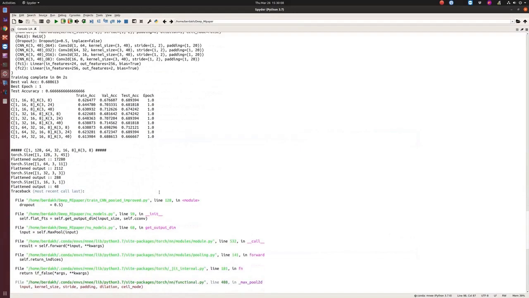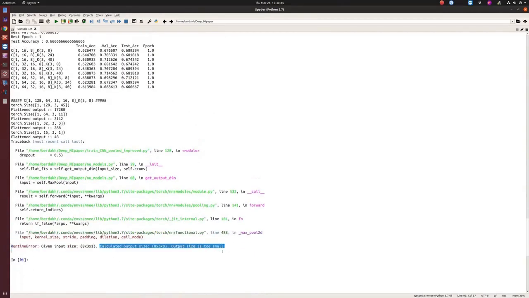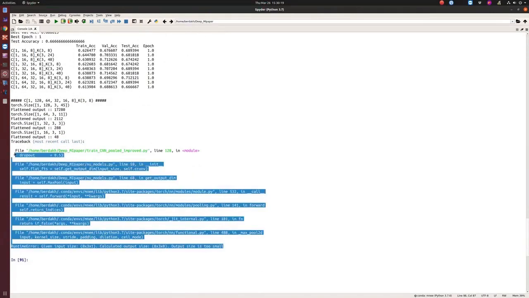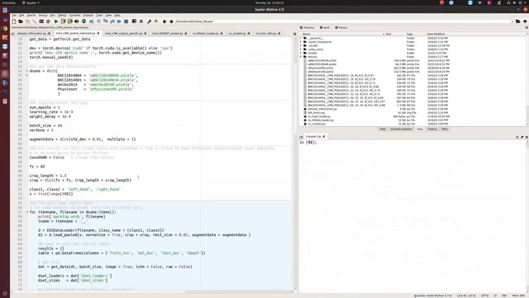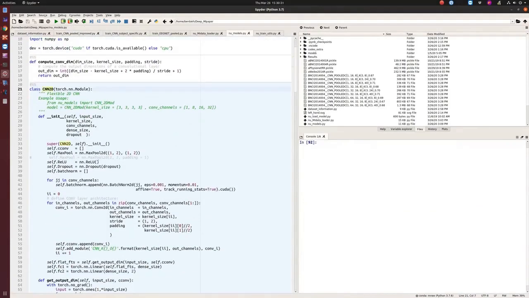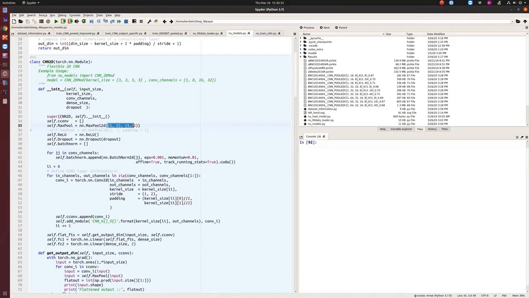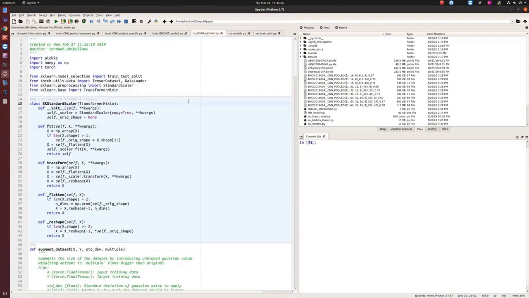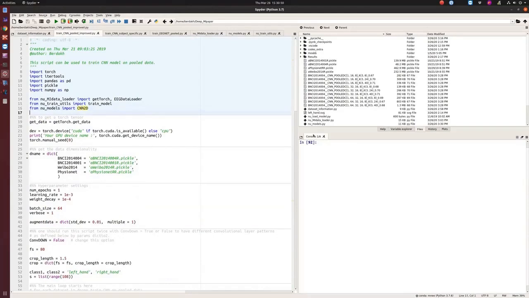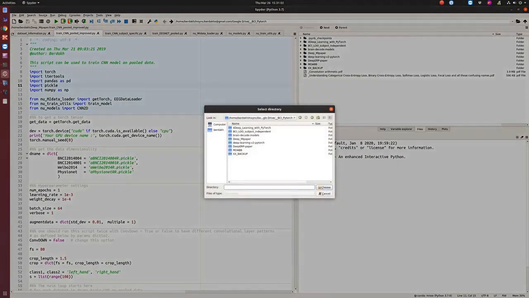All right, and then what we have here is as we go deeper, okay, so here we have some problem with the dimensionality, so we can fix it. To fix that, I'm going to go to CNN model. All right, and then max pool. Okay. Just maybe because, let's try it. Now let me try again. Okay, I know that's not the best way of doing things, but